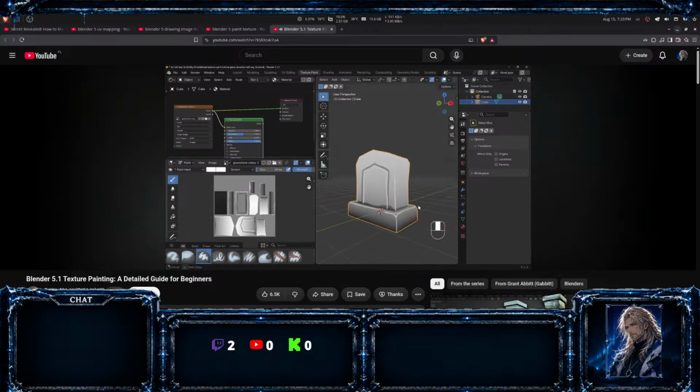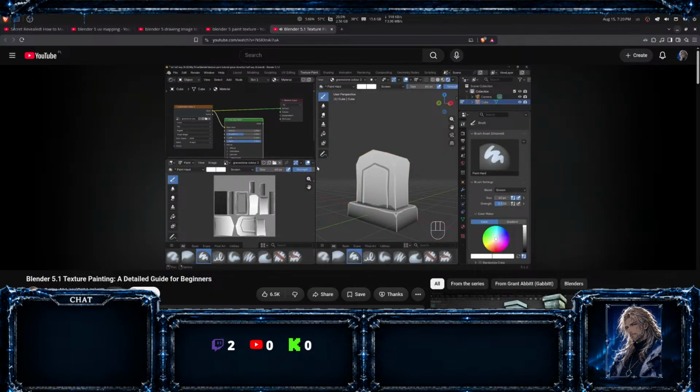This is quite a nice way to see the colour without any lighting or shading in the scene. So I'll go back to texture paint mode, so Control Tab, texture paint mode, and incidentally, if you have a set up and you want it the same as mine, you can go to